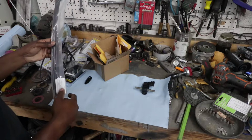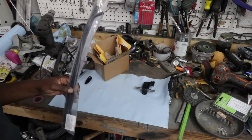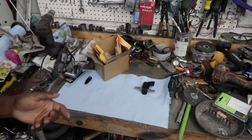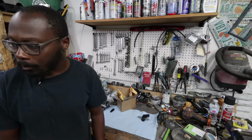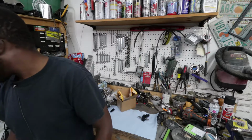I just never got around to it, and the more I thought about it, I decided I was going to put it behind the fuel rail. So the reason for going behind the fuel rail is just because I figured it'd be easier. And plus, I had